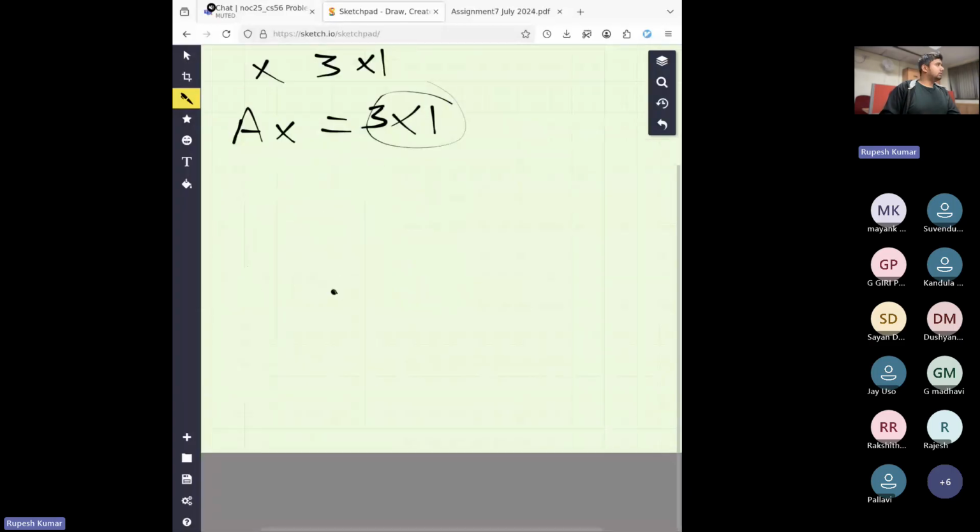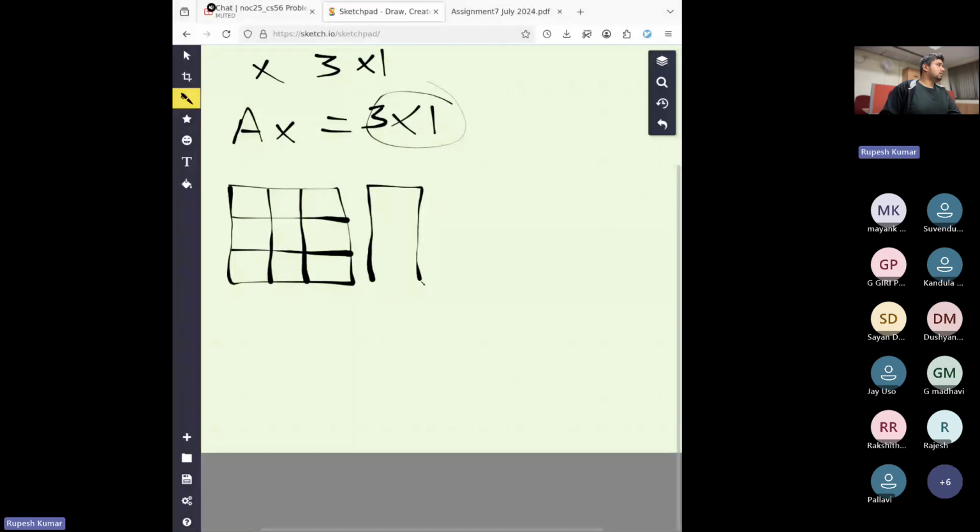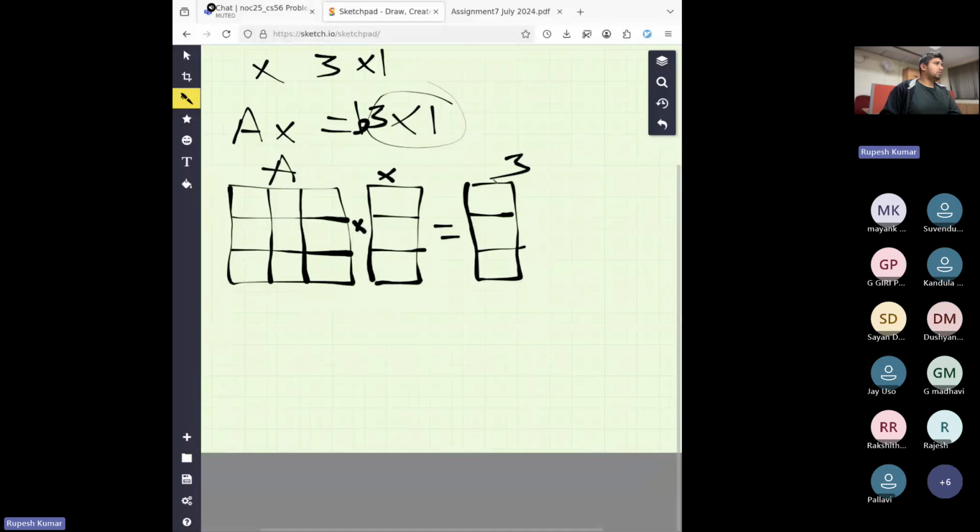Fine. So let's see how this matrix A looks. You want to store this matrix in a 2-dimensional array in C. So it has 3 rows and 3 columns. So let's create this matrix. And then we have a vector of dimensions 3 cross 1. So you have 3 rows, and so you can store this using a single array in C. So this is the matrix A, this is the vector X, and you want to get their product B. Fine. So AX equals B. So B will be another vector having 3 entries, 3 cross 1.